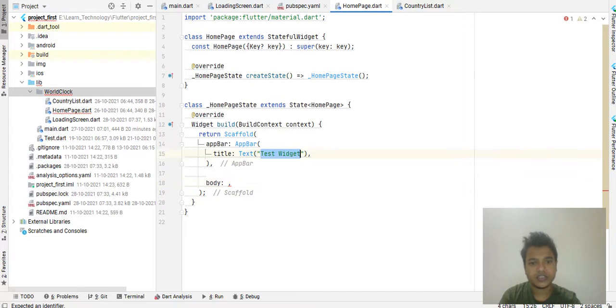Change the title so it's suitable for our application.